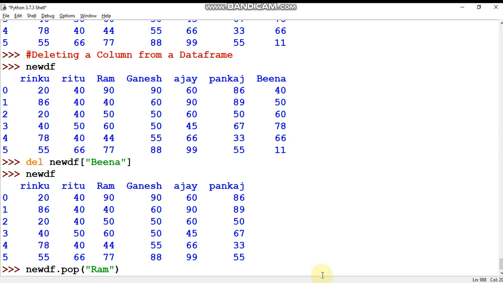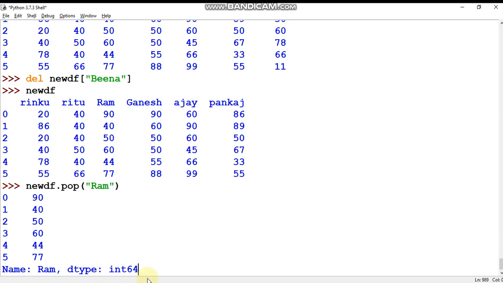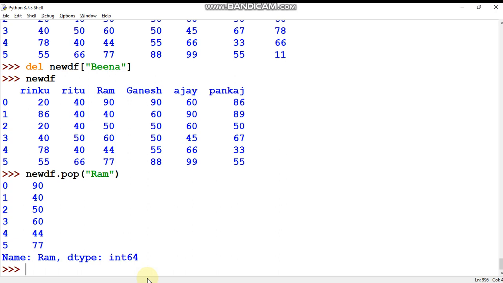Now I want to make one thing a little clear. See, when we were using del, the column was simply deleted, but we did not know whether it was deleted or not. No error came, so we understood that it was deleted, and after that we had to check. But when you are using the pop method, what column am I going to delete? The Ram column. Now you can see here what column you are deleting. Just after executing this line, the deleted column items will be listed here. In the del keyword it was not there. So I think this concept is clear to everyone.